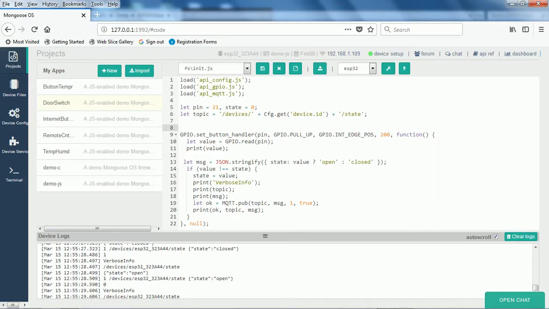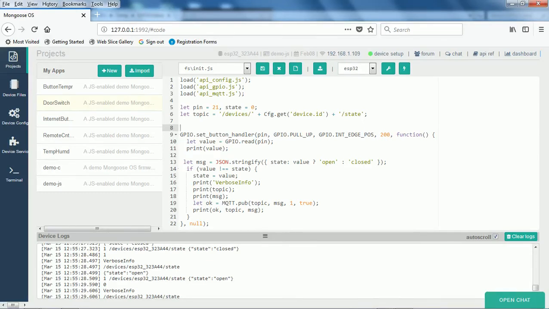So we will take the value and compare whether it is equal to open or equal to closed. Depending on that, it's like an if condition. This will be checked here, and if the value is not equal to state, because we initially started with 0, it will basically be the reverse.